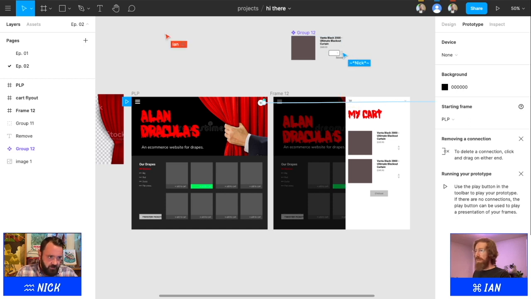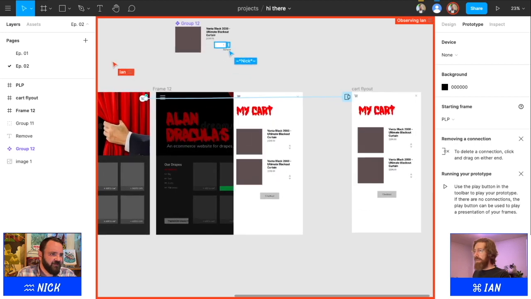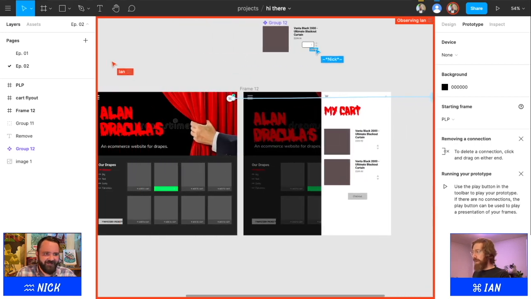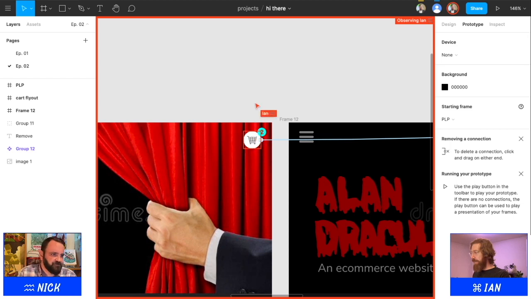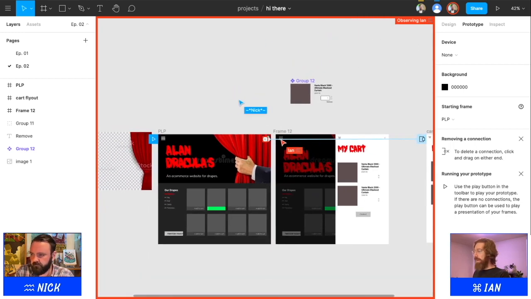So what I'm going to do is go back in. Can you ease it? I'm going to ease it. Are you going to add easing? I'm going to add some easing. So we want to set up this. Basically what's happening is this page is opening the flyout that's over here, and then we're going to add